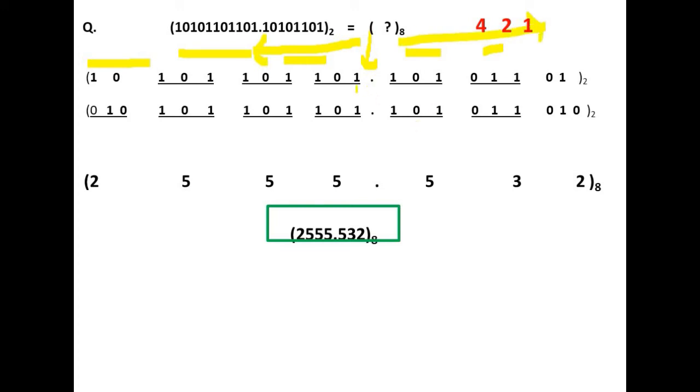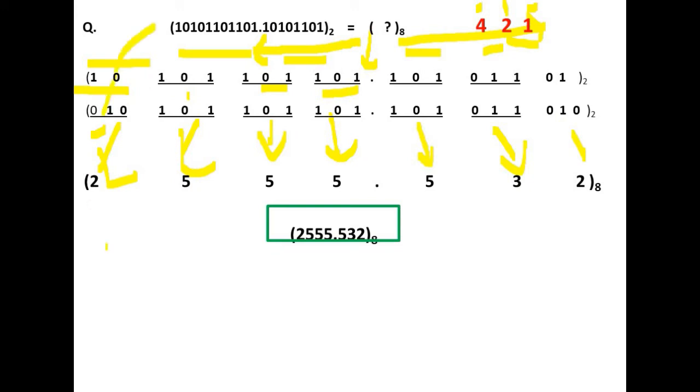So again start from this point, making groups of 3 digits, 3 digits and 3 digits. Because here one digit is lacking, we have added 0 here, and here 101, 1 digit is also missing, so put 0. Now convert 010, write 1 2 4, and 1 is in the position of 2, so it will become 2. 101 means 1 is in the 4 position and in the 1 position, so 4 plus 1 is 5, we can directly write 5 here. Likewise this will be 5, this will be 5, this will be 5, and for 011 the last 2 digits are required, so 2 plus 1 is 3, so this will be 3. For 010 only the second bit is required, so that is 2.